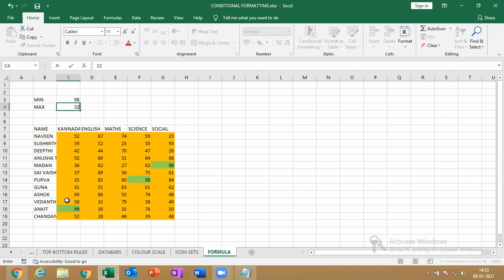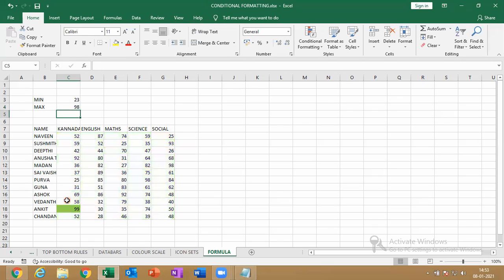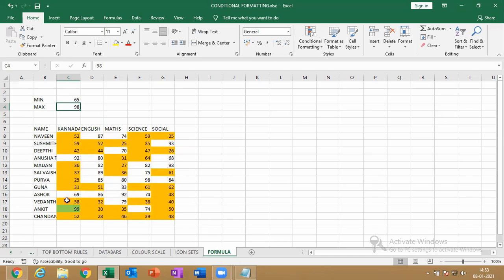See, 23 or 32. See this? Getting it? Changing the value in one cell changes everything in that range. So this is nothing but conditional formatting. Changing the value in the one cell, it affects the entire range of the table.